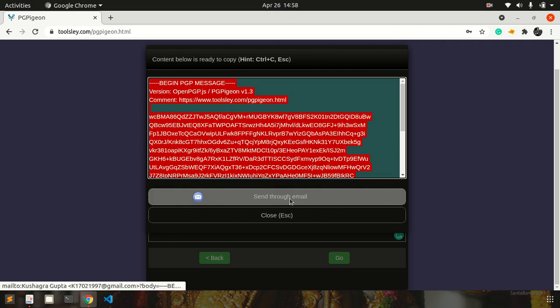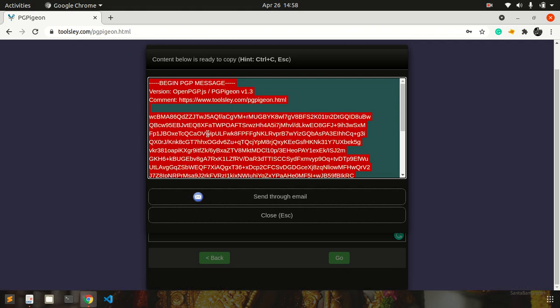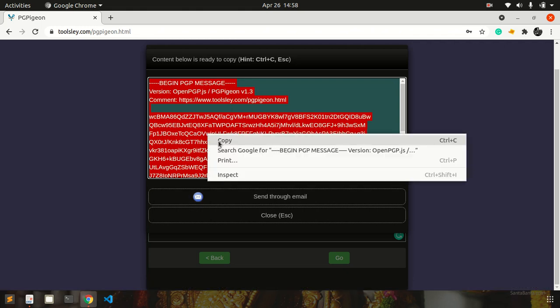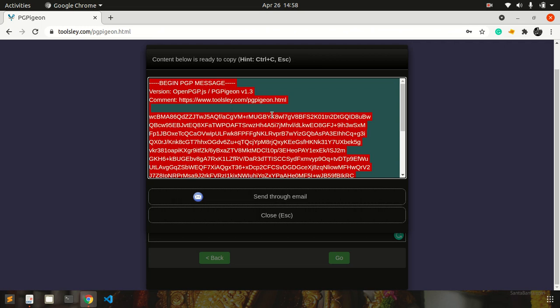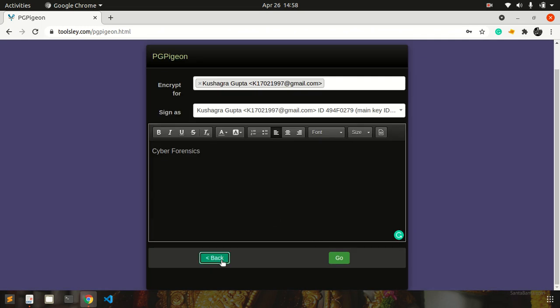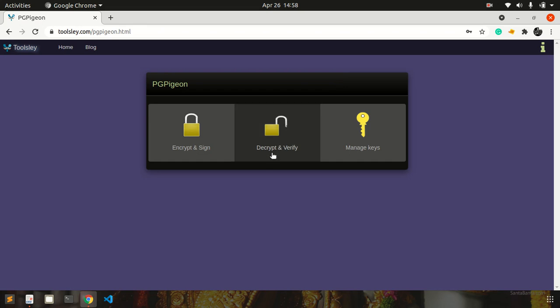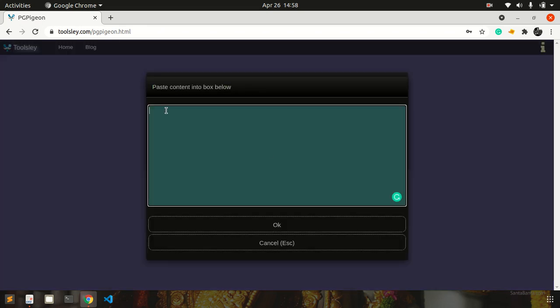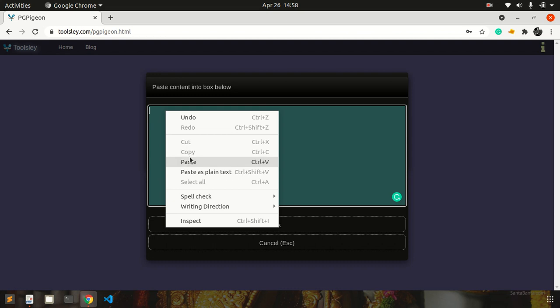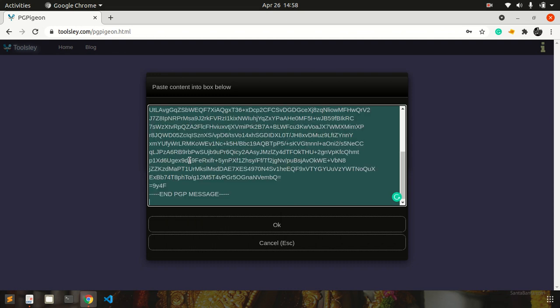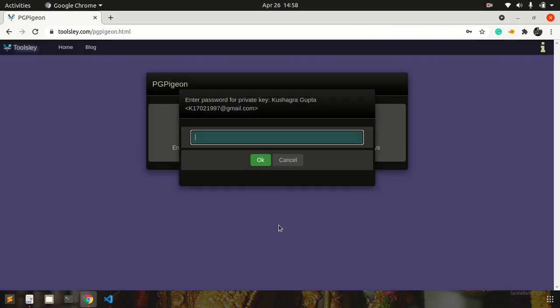Let me demonstrate whether we are able to decrypt this content or not. Let's close this and move back. This is the decrypt and verify section. Let me paste the encrypted version here. What answer will we get from here? Let's click OK. We have to put the password again.